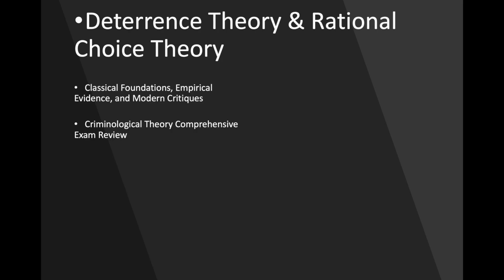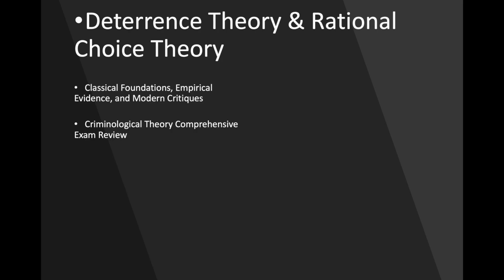But as we will see throughout this lecture, deterrence theory is both powerful and limited. It is powerful because it gives us a clear theory of crime prevention. It tells us that punishment can shape behavior if it is certain, severe, and swift. But it is limited because human beings are not always perfectly rational calculators. People act under stress, emotion, misinformation, peer influence, poverty, addiction, anger, and limited self-control. A lot of variables to assess there.